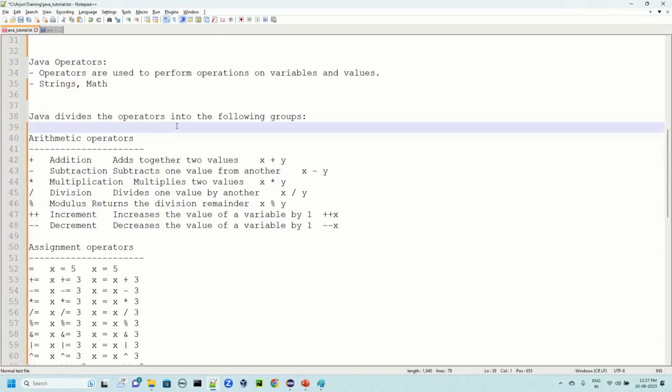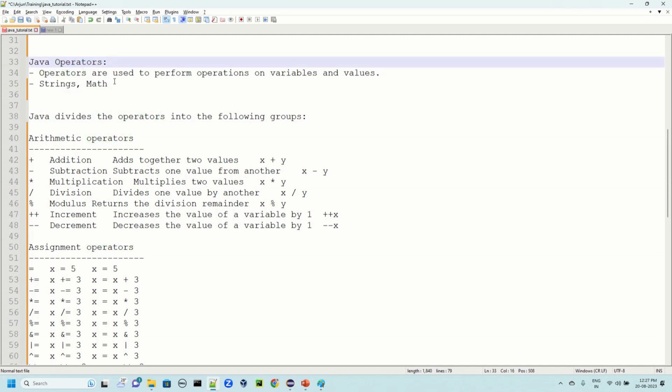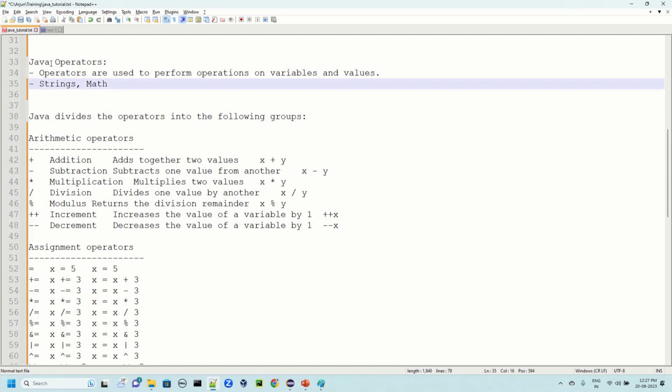Hello everyone. In this session, we will look at Java operators. Operators are one of the concepts in Java. Suppose you want to perform any arithmetic operations,